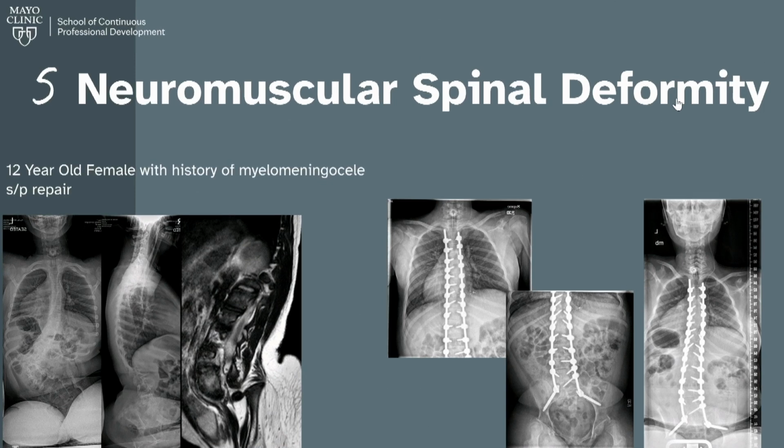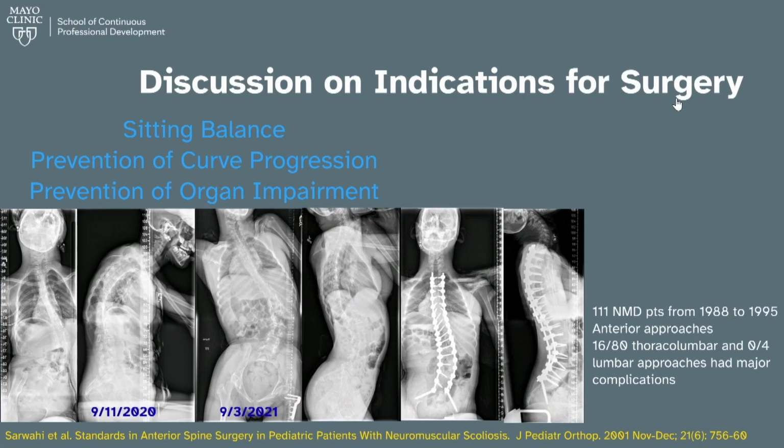Not to be said, alternatively, there are a lot of things that must go on, particularly when we're changing the populations, particularly for the neuromuscular deformities as far as ultimate treatment. The cerebral palsies, the neuromuscular, the myelomeningocele, the spinal muscular atrophy patients all take into other considerations as far as whether we're going to address them from an anterior or posterior approach. A lot of times, based on the need to do combined or even staged surgeries, at least at our institution, we're choosing to really address these patients from an all posterior approach based on efficiency.